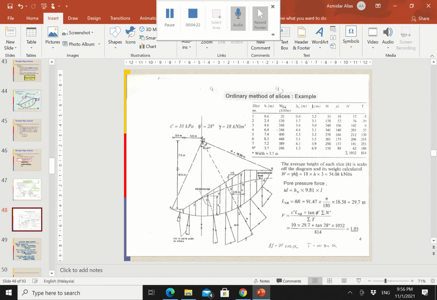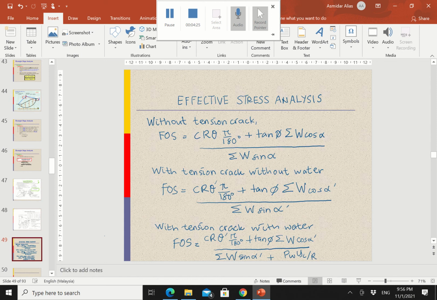However, we want to discuss in detail what cases can be asked for effective stress analysis. It is the same thing as total stress analysis. You have the possibilities of three cases: without tension crack, with tension crack without water, and with tension crack with water. Bear in mind the equation without tension crack. This is the general equation. So when having a tension crack without water, you need to